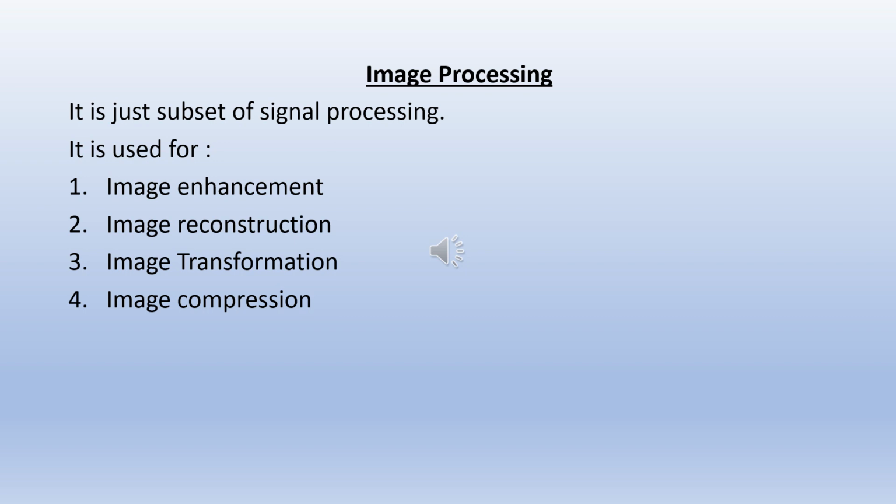Image processing is just a subset of signal processing. It means we can do enhancement, we can reconstruct, we can transform, we can compress, but we can't carry out a huge task. You can think of it as data analysis versus data science. Data analysis is a kind of image processing: we already have the data, we can get insights from it, we can transform it, we can carry out some mathematical operations, but we cannot predict or do anything larger than our analysis, or construct anything.